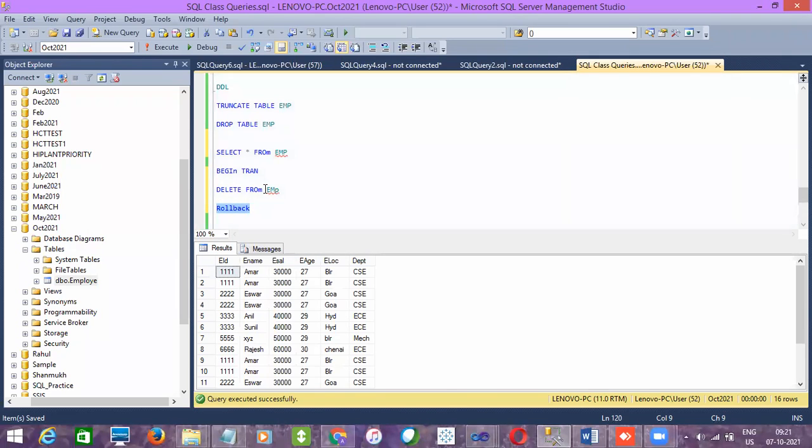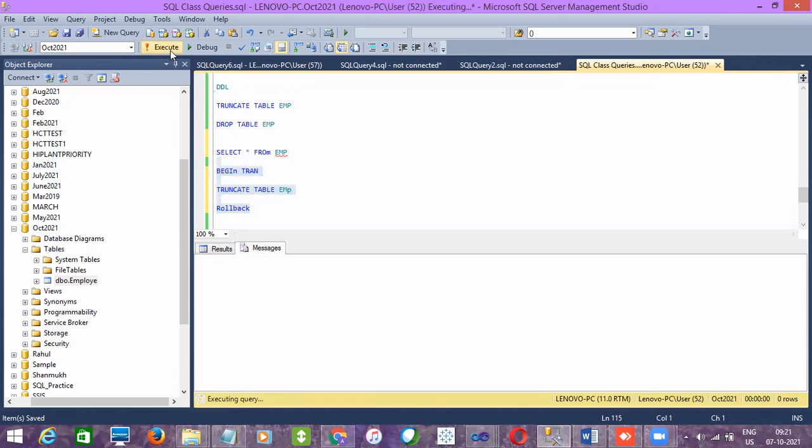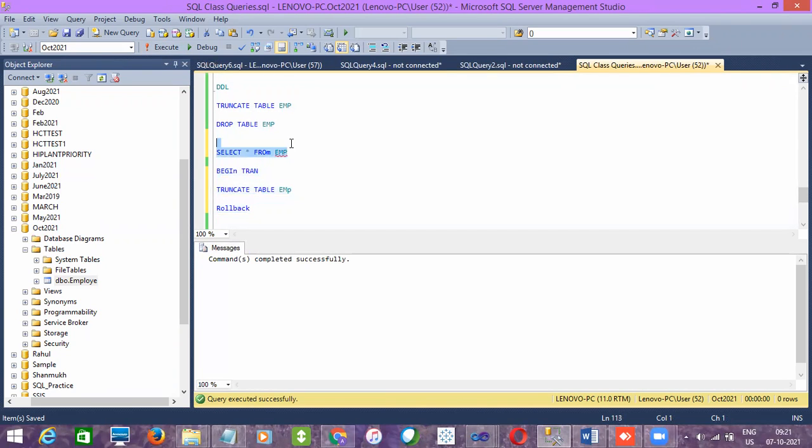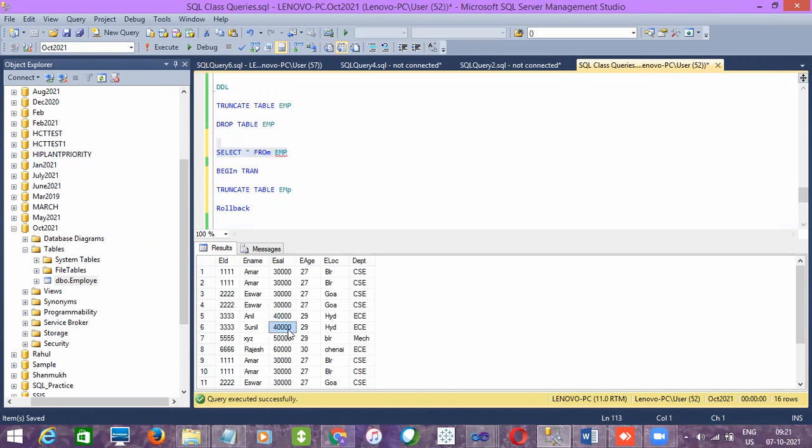And same if I do truncate table name, right? Few theories will say that if you do truncate, you cannot roll back the data, but we can in reality. I did it and then select star from. Can you see the records? Yes.